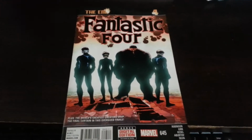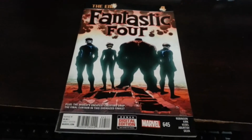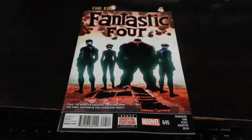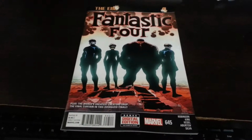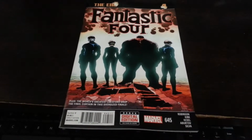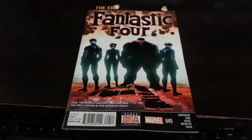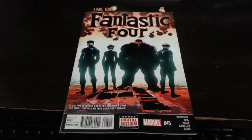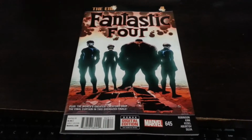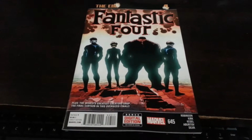It's a big number. I'm not a recent Fantastic Four fan. I've bought issues periodically here and there, like when the Human Torch died and some other ones. But when I started collecting comic books back in the 90s, the comic book I fell in love with originally was the Fantastic Four. Fantastic Four was, I think, a really good comic back then. I really loved it. The art, the storylines, the amount of characters it would push into a comic. It was definitely one of the centerpieces for Marvel, and it's just sad to see what happened with it here